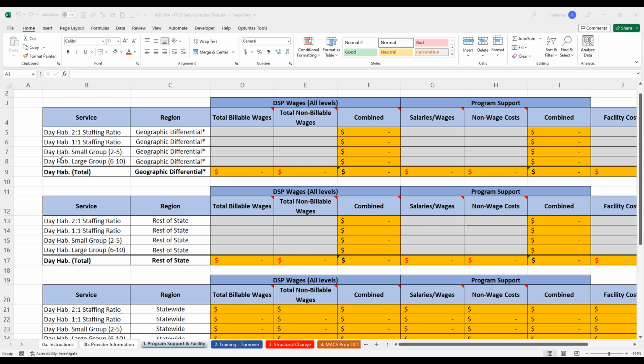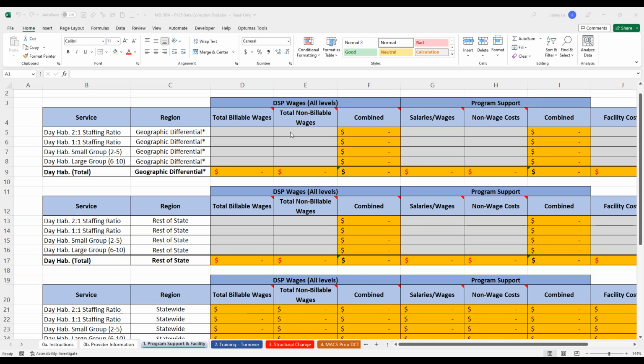I have a question right here that says, would you classify vacation and training wages for DSPs as non-billable? So the wages here include hours that a DSP works in order to render the services, whether it's indirect or direct.